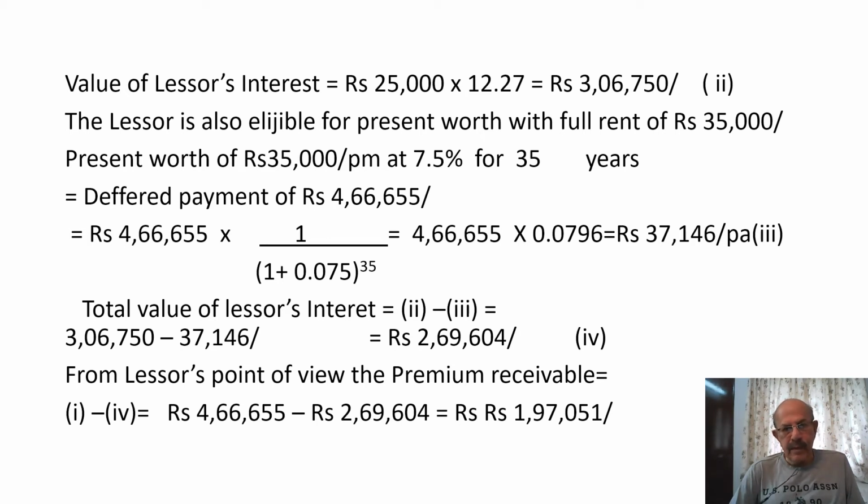So present worth of 35,000 per annum at 7.5% for 35 years is equal to the deferred payment of rupees 4,66,655, which is equal to rupees 4,66,655 into 1 by 1 plus 0.075 the whole raised to 5. That is equal to 4,66,655 into 0.0796, which is equal to rupees 37,146 per annum. Total value of lessor's interest is equal to the second plus 3